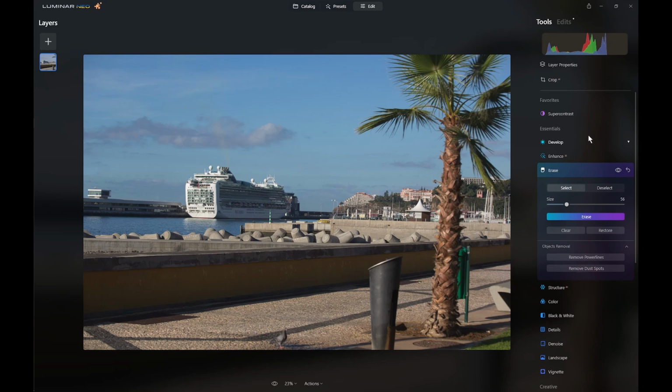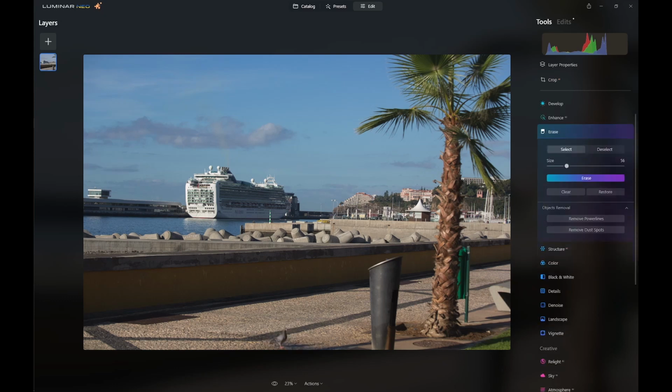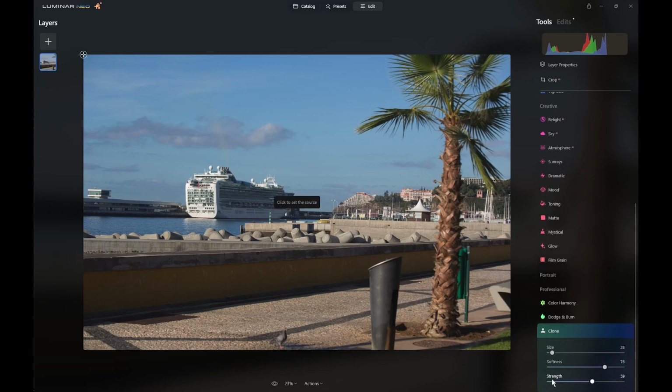Now the erase tool is very good at removing objects surrounded by uniform type pixels, but in more complex situations it often doesn't get the replacement right. So let's have a look at this bird here and its shadow. Click erase and see what we get. Now, it's done okay, but it's made a bit of a mess of this shadow here, but otherwise that's not too bad. So let's undo that and go down to the clone stamp tool,